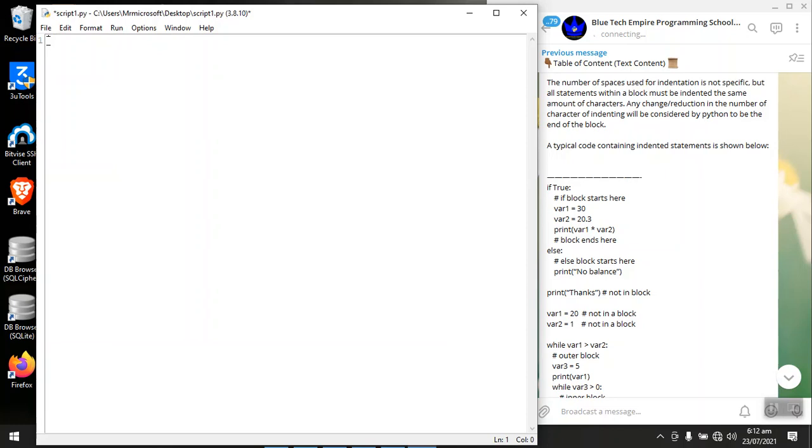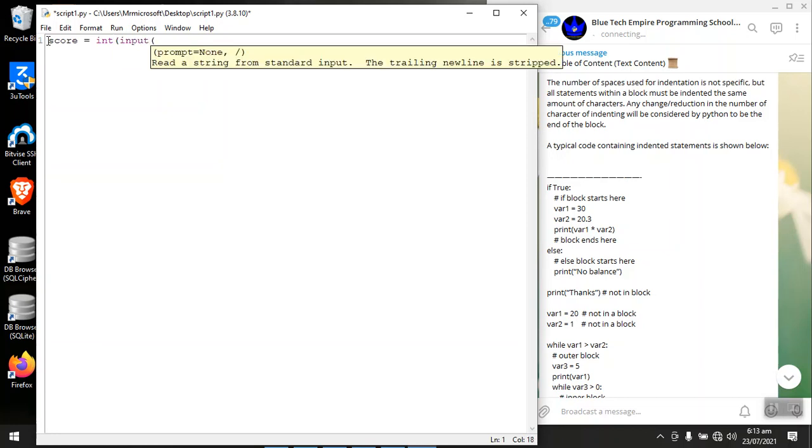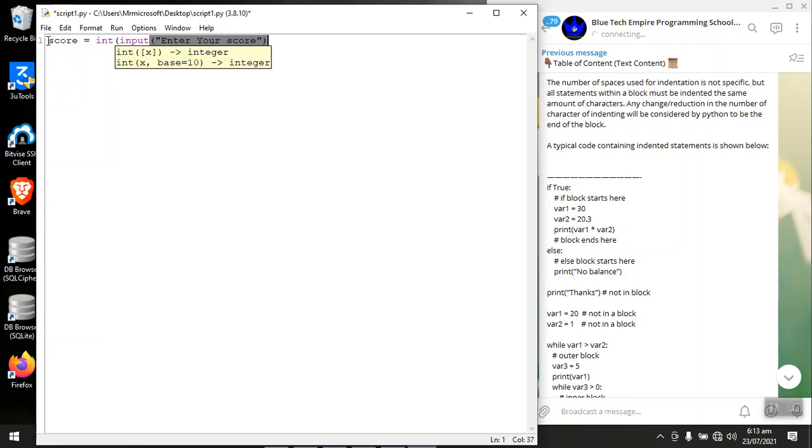Let's say the user enters a score. Score equals int input, "Enter your score." Now, if score is greater than or equal to, we are going to learn all this. I'm just showing you an example of what is meant by indentation in Python. If score is greater than or equal to 80,